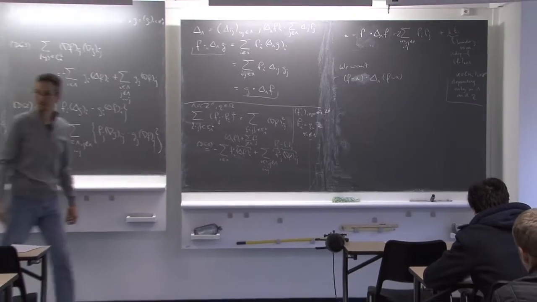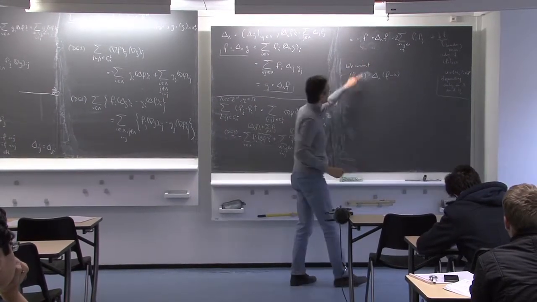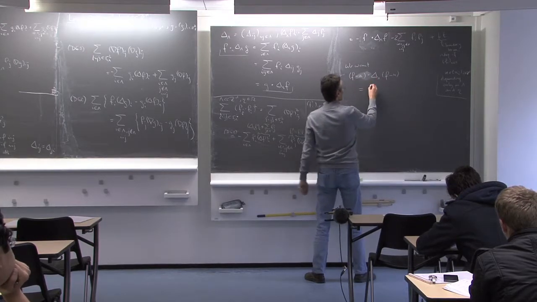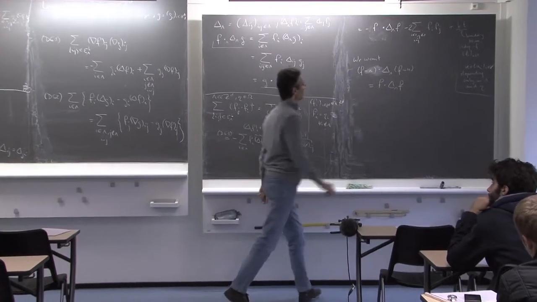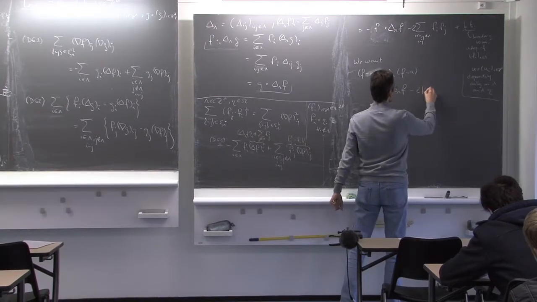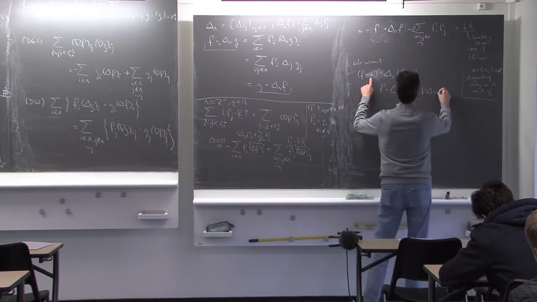Is there a question? Okay. So let's see, what should I do to rewrite this in this form? Let's see what this is equal to. By linearity, I can write the scalar product of f with delta f. Then I have minus 2 f delta u. And then I have plus u.